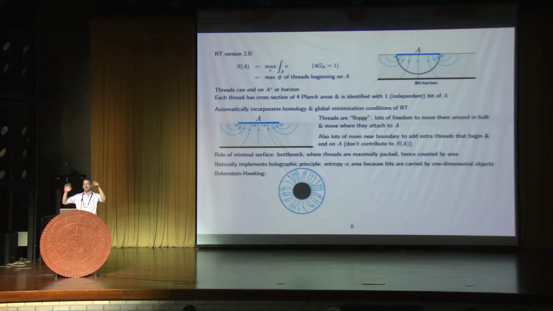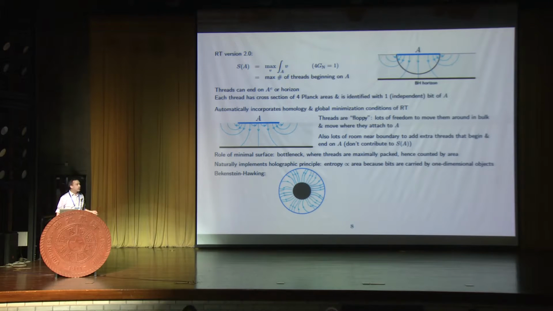And now, if we get back to the black hole case that I started with, what replaces this picture I found on Google image search? It's this one, where essentially, again, the horizon is the bottleneck, so that's where the threads are maximally packed together, but the threads are not located on the horizon, okay? They're delocalized, which is what we wanted. And so my claim is that this kind of delocalization is what solves the conceptual problems that I posed before.